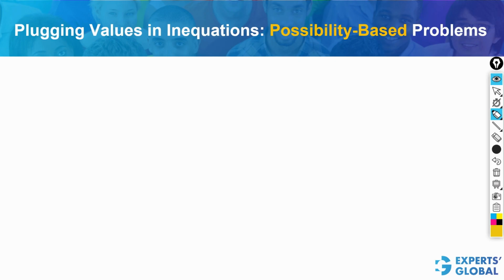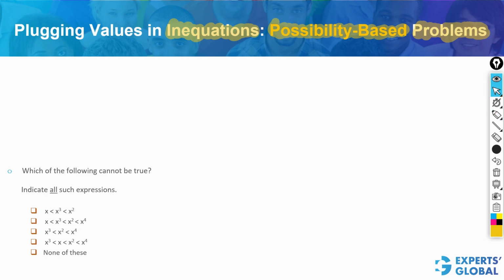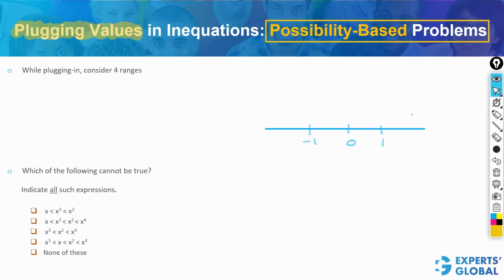Plugging values in possibility-based inequations problems. Please look at this example. The question is, which of the following cannot be true? Therefore, we need to look at all these possibilities. For plugging values in such possibility-based problems, we must consider 4 broad ranges. This range above 1, the range below -1, the range between 0 and 1, and the range between -1 and 0. Therefore, if we are plugging in values, we must plug in a significant positive number such as 2 for